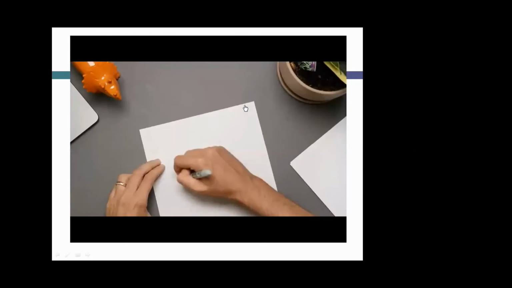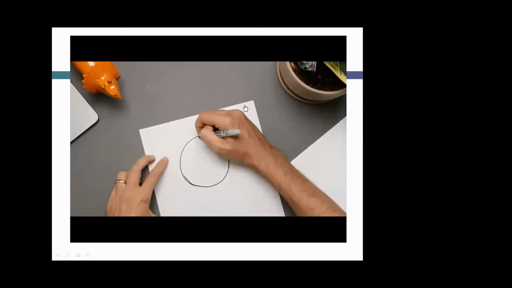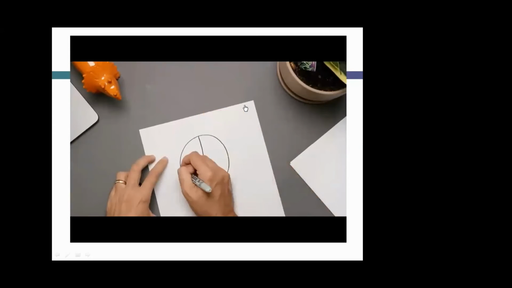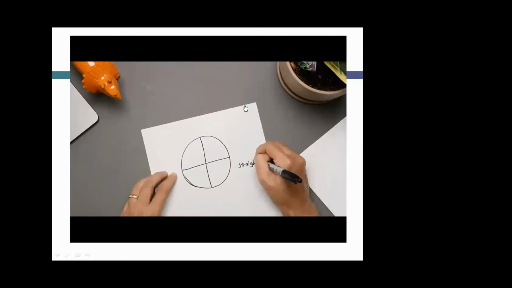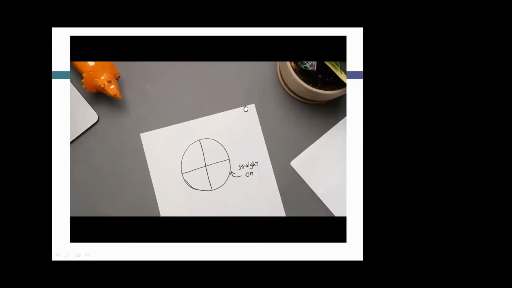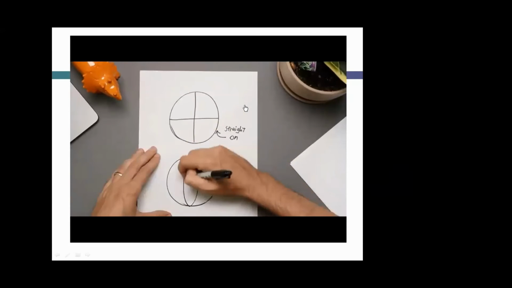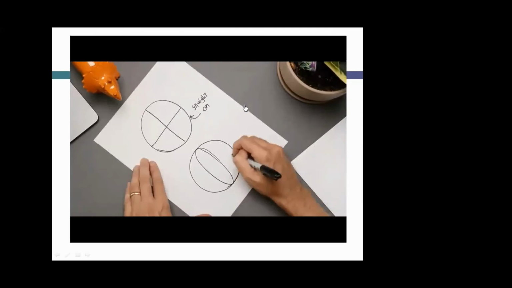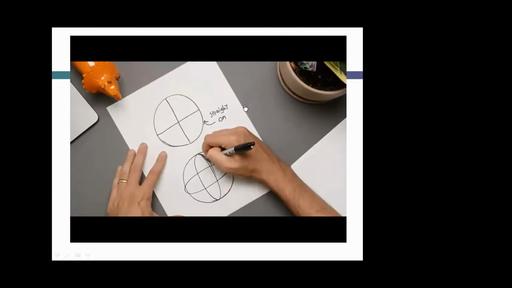Spheres are just circles, and like the cubes, they exist in a 3D space as well. To draw them, I like to find the center line. So if we're looking at this circle straight on, these are just going to be straight lines on our circle. But if we tilt the circle a little bit, these lines are going to become more rounded. Now, when you draw your circles, what I want you to do is to draw the full ellipse, even the